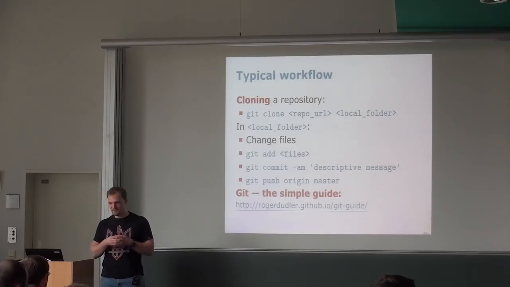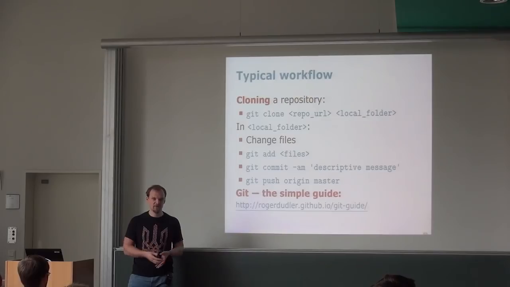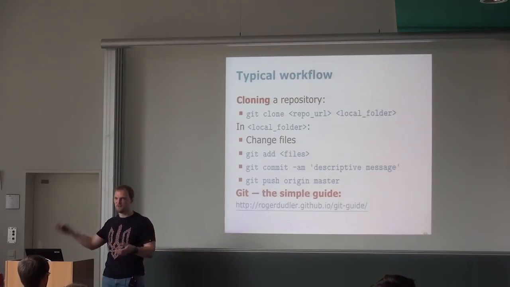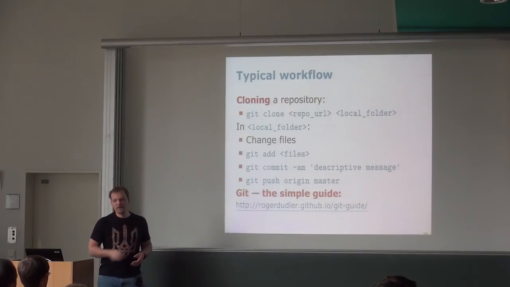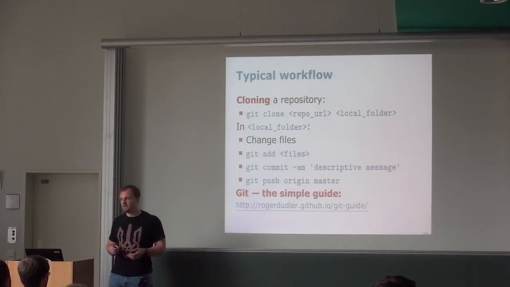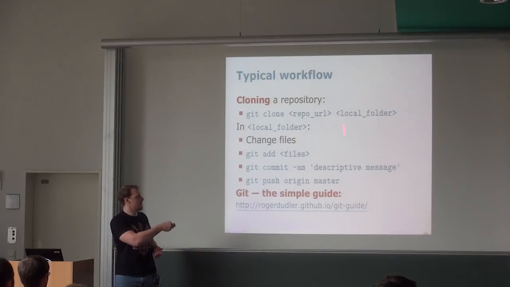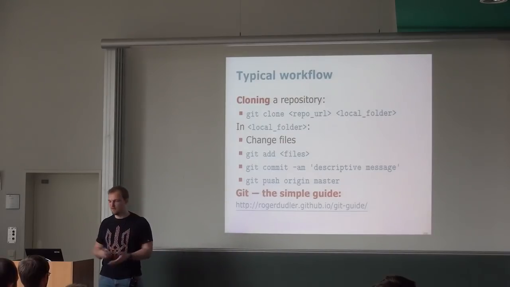So the idea is that you have repositories. All the code is within some repository. The repository lives on the server. If you want to check out a remote repository onto your local machine, you do a clone, because you want to clone the state of that repository onto your machine. You do it with the git clone command, and you give it a repository URL, and you give a local folder. This is actually an optional thing. Otherwise, it will just create a folder that is named exactly as your project.